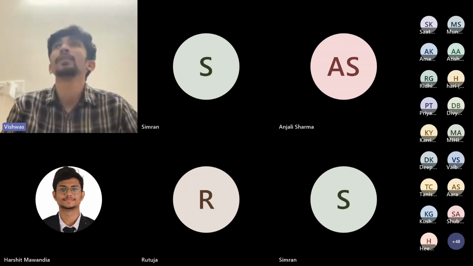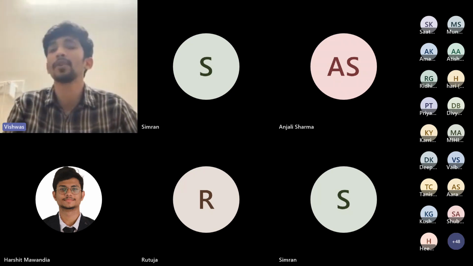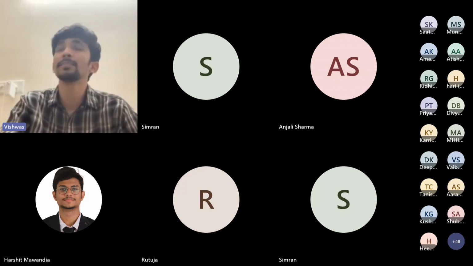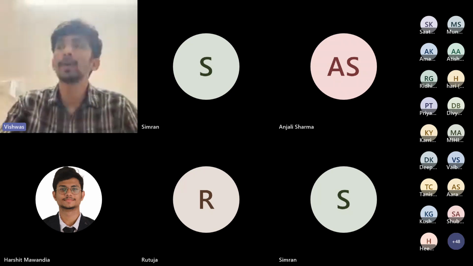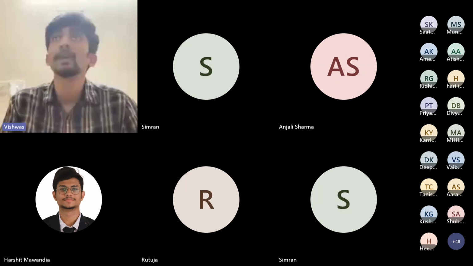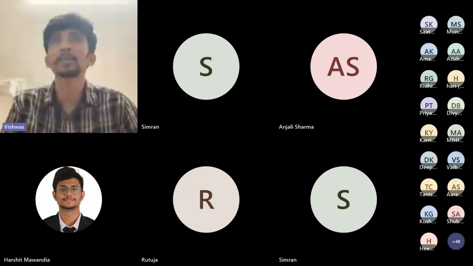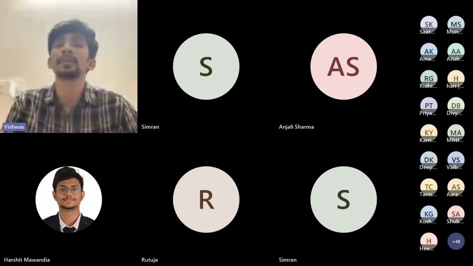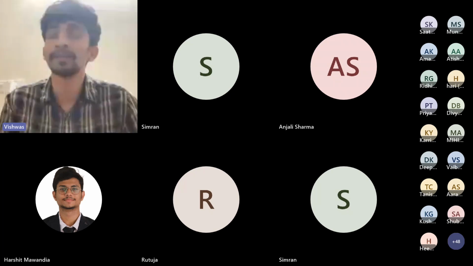So that sort of thing must be there. Then in your CV, you should be able to highlight your strongest section. For example, if your strongest section is any internship that you did, or any project that is very important for you, then you should try to highlight it more as compared to other sections. As far as extracurricular activities are concerned in a CV, I think they are not very important for an SD role. But if you have something like a position of tech coordinator in some event like Trist, then it could be very beneficial.